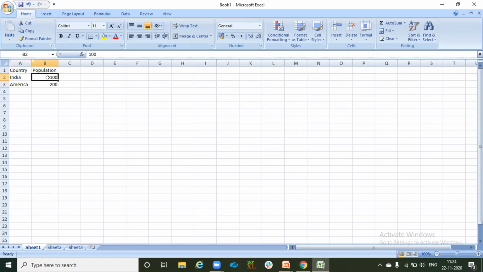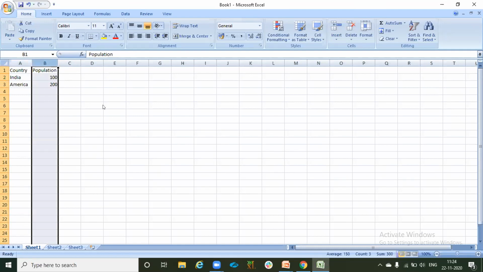Or there is one more definition: where we are able to do calculations or perform mathematical operations, we call that a measure, and other than this, we call it a dimension. So here I can do a calculation, 100 multiplied by 10 or divided by 10, right? But I cannot do any maths on India or America. So this we call a dimension, and this a measure.